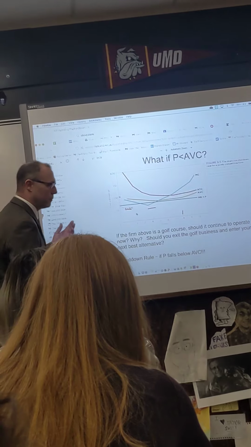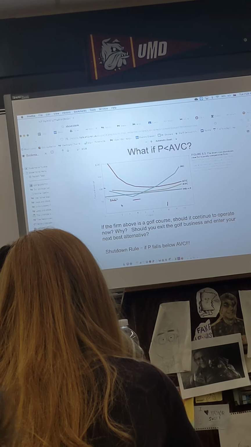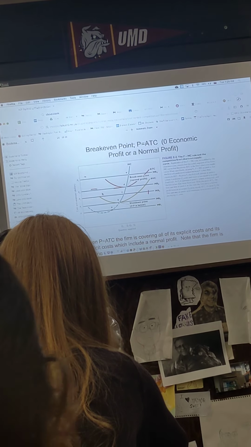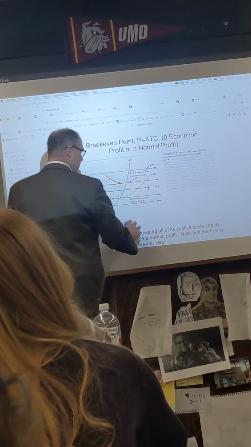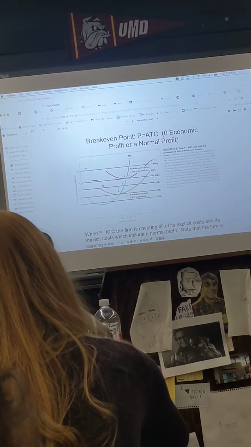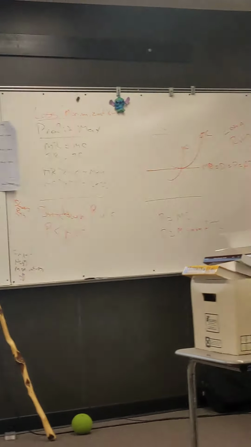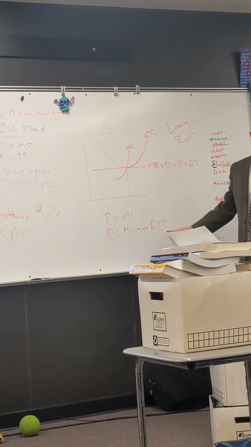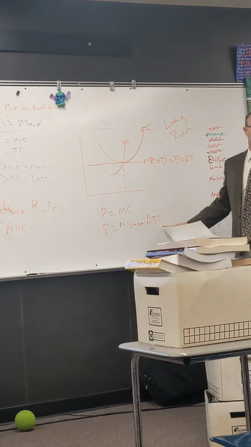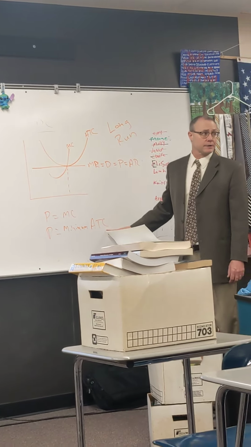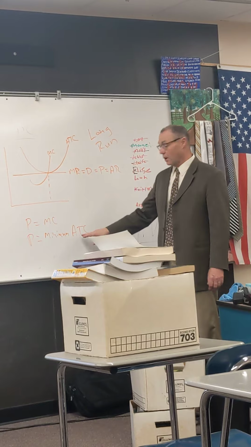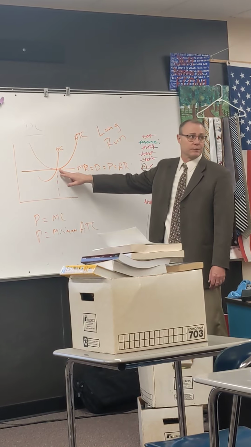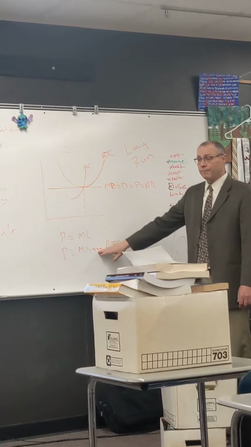So let's do this. I've got to walk over here. Okay. So this is our last slide. The break-even point, or where you're earning a normal profit, is right here. You're covering what? What is your average total cost function? What did we say that we're also going to include with it? Your implicit costs. So it's not just your costs of making the widgets, it's also what else I could be doing. So when the price is equal to the average total cost of producing an item, and it doesn't have to be minimum,